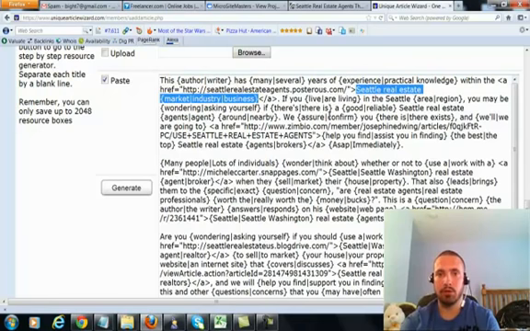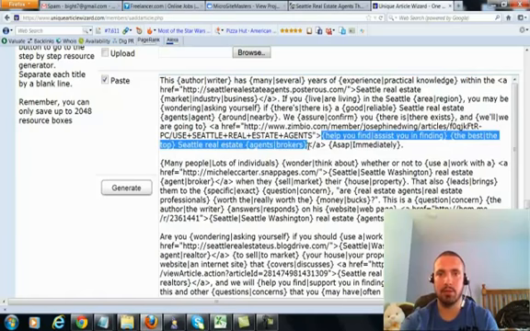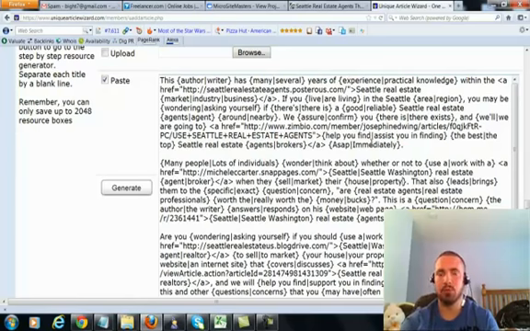Alright, so my second Web 2.0 property number 12 is right here. And the anchor text for that is right here. And this gives me a bunch of different anchor text. I think there's like 8 different combinations of anchor text right there. So that's my first resource box. It has Web 2.0, 11, and 12.